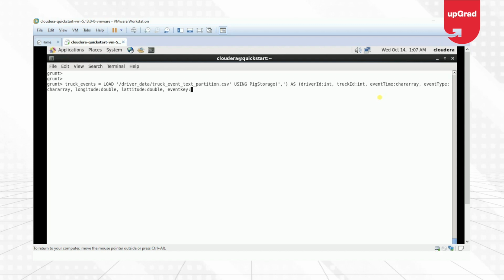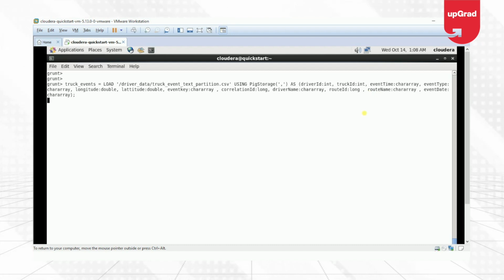Event key, which is supposed to be chararray. Similarly, correlation ID, driver name, route ID, route name, event date. Let us execute the command, and here we can see that we are able to create a relation